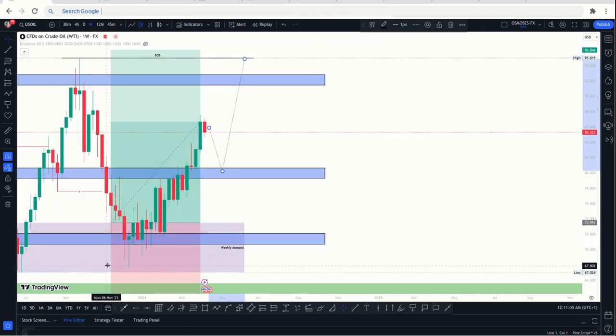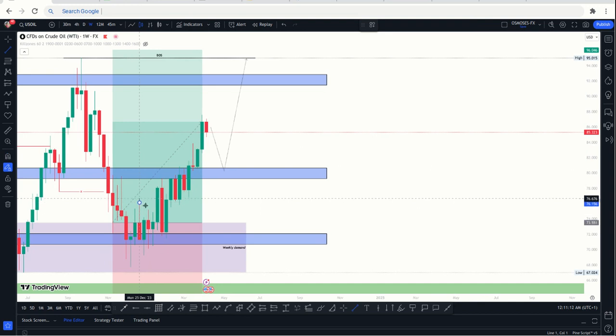So from here we have rally base, right? This is where we have a first reaction of change on weekly. This is the reaction of change on weekly. So price came back to this,